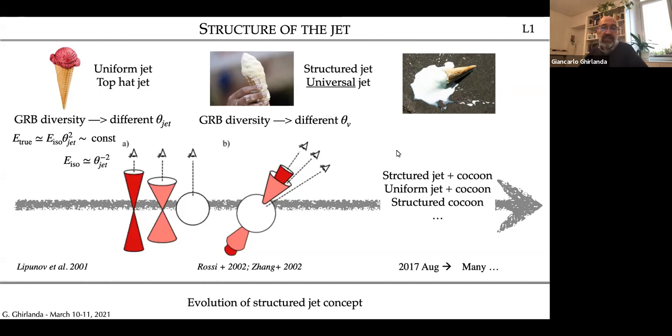In 2017, this idea was extensively explored in order to justify the observed properties, especially the afterglow emission, of 170817, and we will see that today. But before going to that,